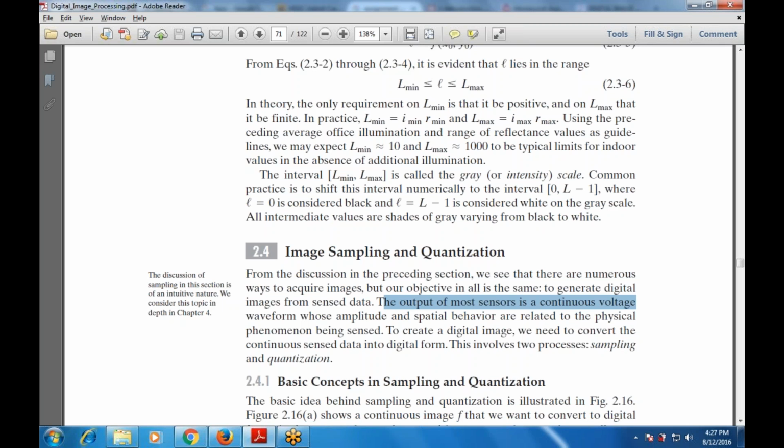So we have to convert into the digital form. That conversion process is known as sampling and quantization. So the scenario is clear. What we are going to